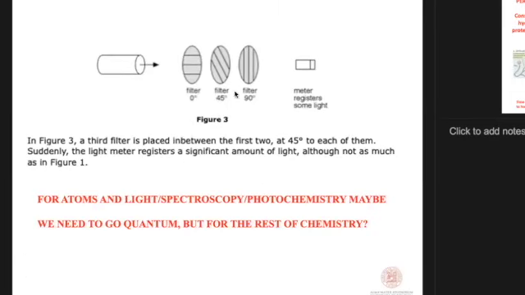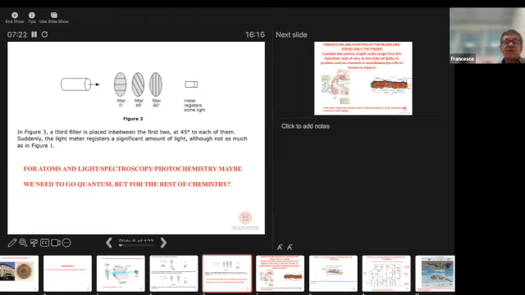However, again, let's suppose now we have one filter, and then the first filter stays the same. The last filter stays the same. They are 90 degrees with respect to one another. And in between, we put a filter that is oriented 45 degrees. So we're closing the faucet slowly. And then what happens is that the light goes through. And this is what makes people think that there is something special.